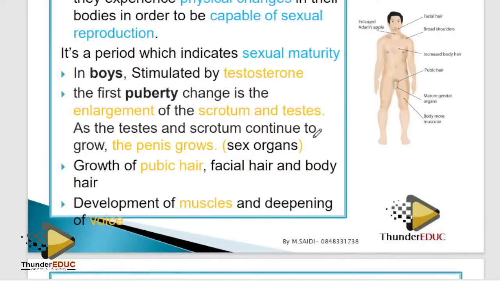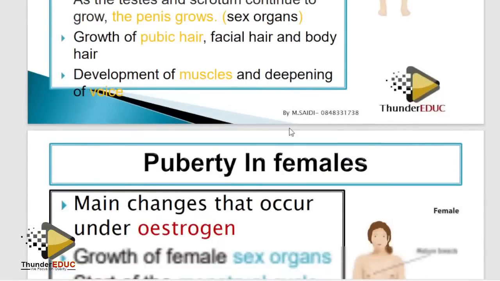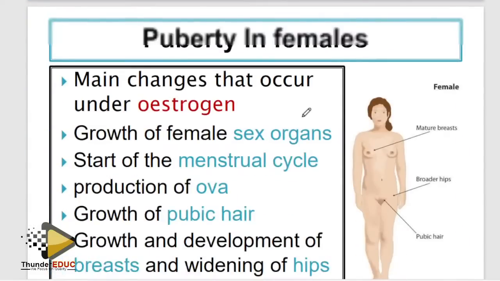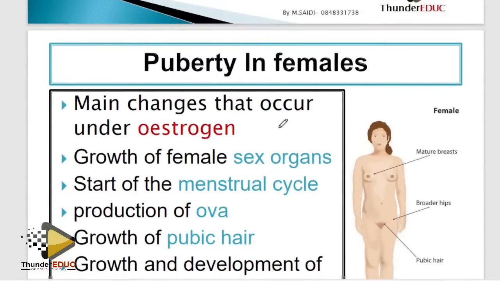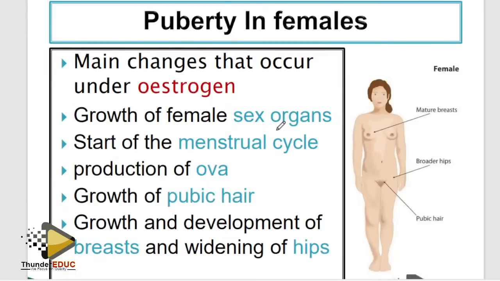Puberty in male, I am not going to explain that. What you need to know is which hormone is responsible for maturity, which is called testosterone. Please don't ask me whether spelling matters. Definitely spelling matters. Please don't ask me that question because I won't answer it. Female reproduction, puberty is caused by estrogen. So, done.